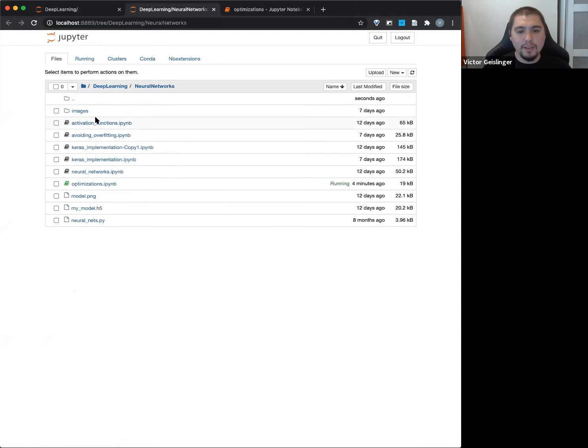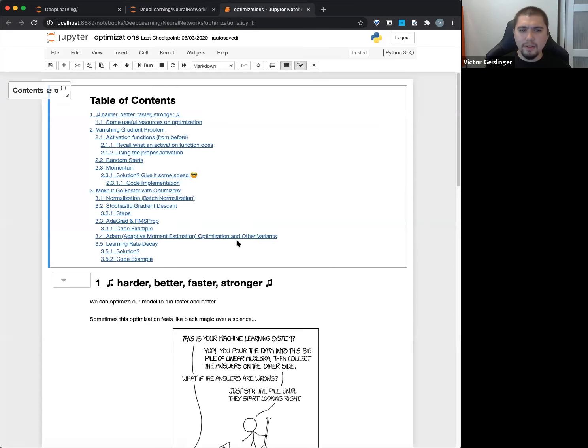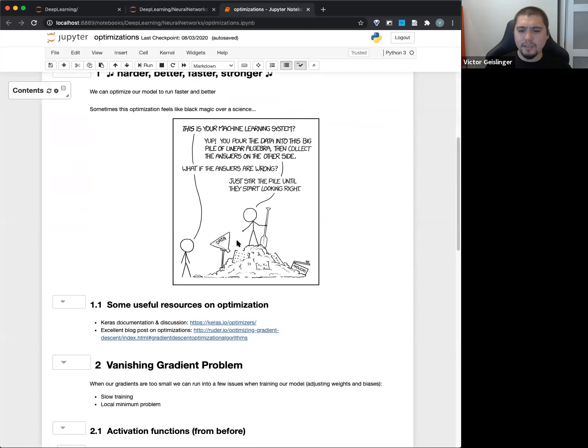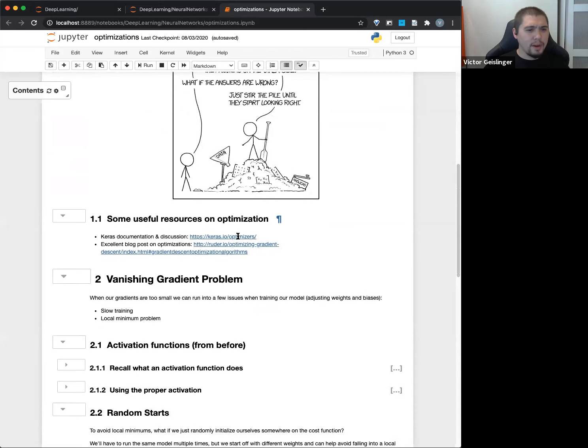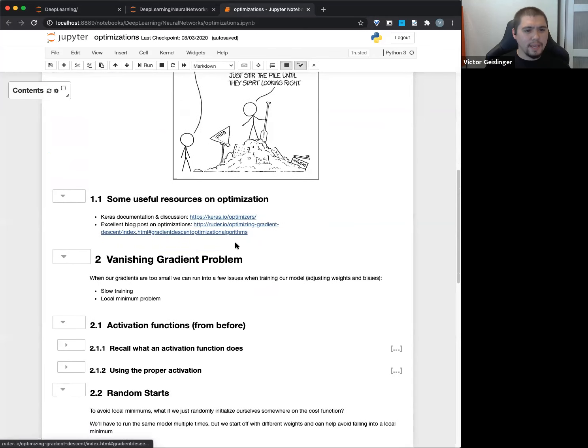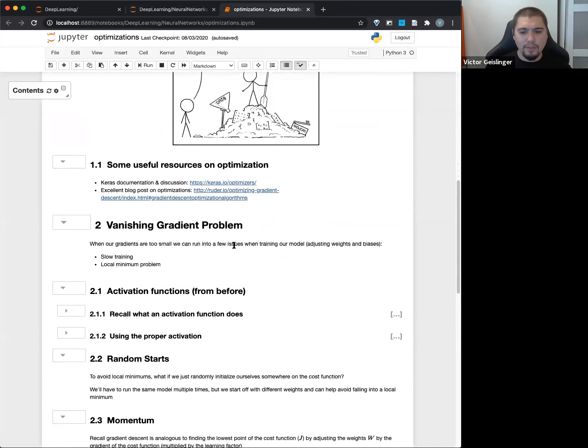But last time we talked a lot already: the implementation, how we do a neural network, what is a neural network, how to avoid overfitting. We talked about activation functions. I think we talked about a whole bunch of this stuff, right? And I think we got partway through optimizations, if I remember that right. Did we start optimizations? Does this look familiar? Vanishing gradient problem? Okay, I see some head nods. Cool. So I'll kind of go off from there.